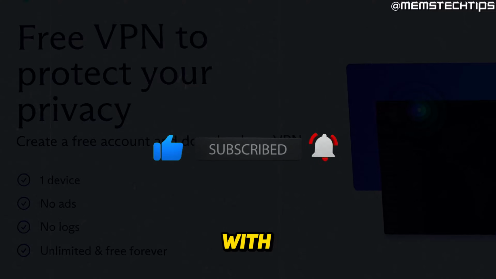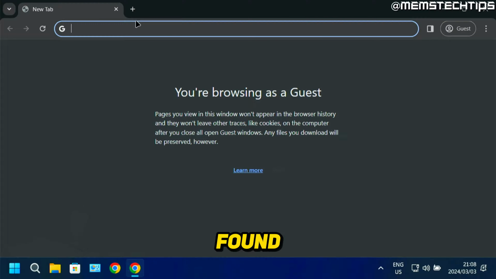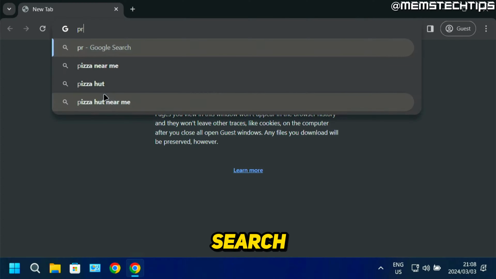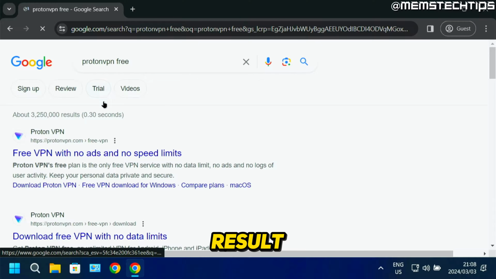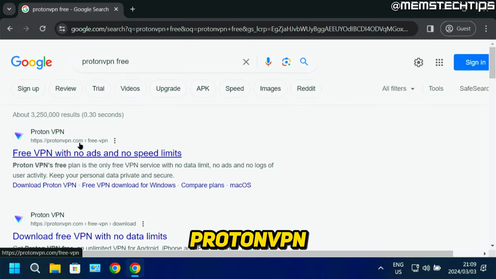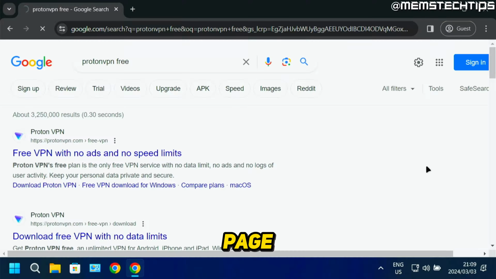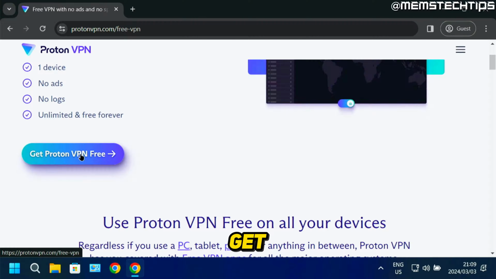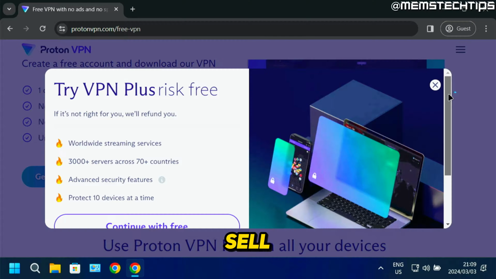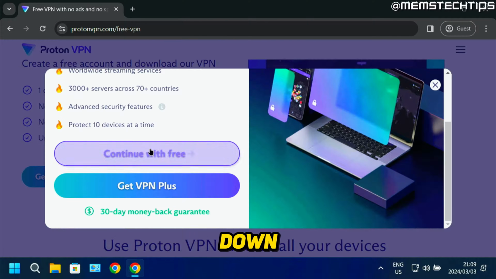But to get started with the guide, the best free VPN that I've found is ProtonVPN, and it's my go-to application for using a free VPN. And I'm going to show you how to download and install it. You could just do a Google search for ProtonVPN free. And then the best result should be the ProtonVPN webpage, which will take you directly to the free VPN download page. If you go ahead and click on that, on this next page, you should get this button that says Get ProtonVPN Free. They'll try to sell you the paid version, but you can just scroll down and click on